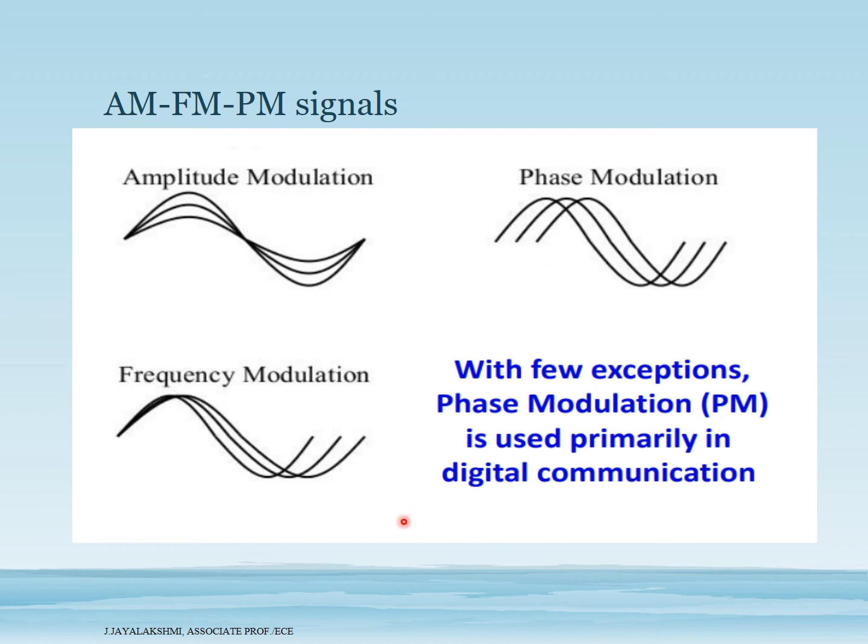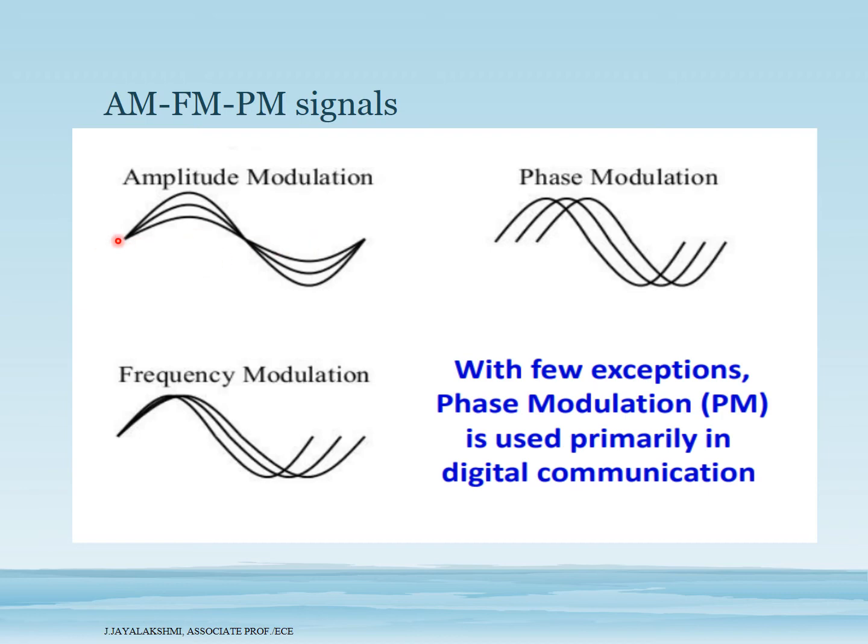So, first of all, before knowing how to go for frequency modulation, what is phase modulation, we should know basically what is the difference between the 3 modulation schemes. So, in amplitude modulation, you are going to vary the amplitude of the signal. In frequency modulation, you are going to vary the frequency of the signal, and in phase modulation, you are going to vary the phase of the signal. So, in all these 3, you can see that the other 2 parameters will be maintained constant. For example, amplitude is varied means frequency and phase are maintained constant.